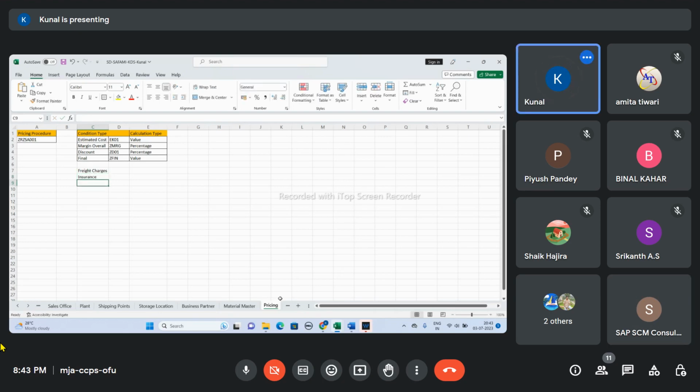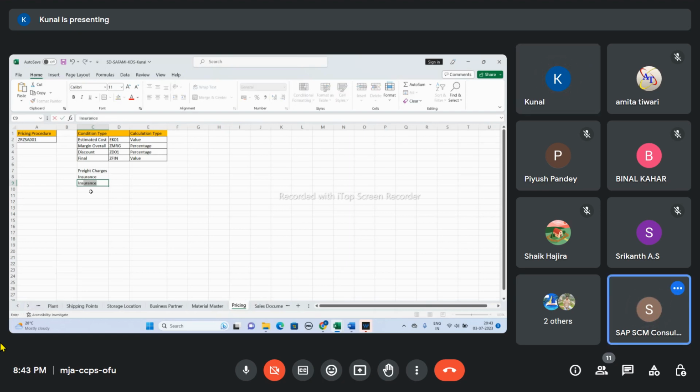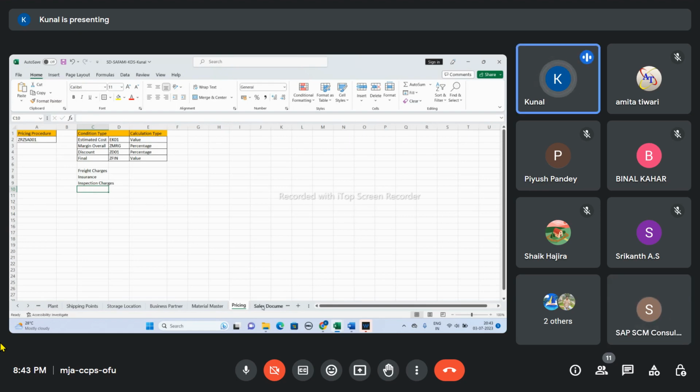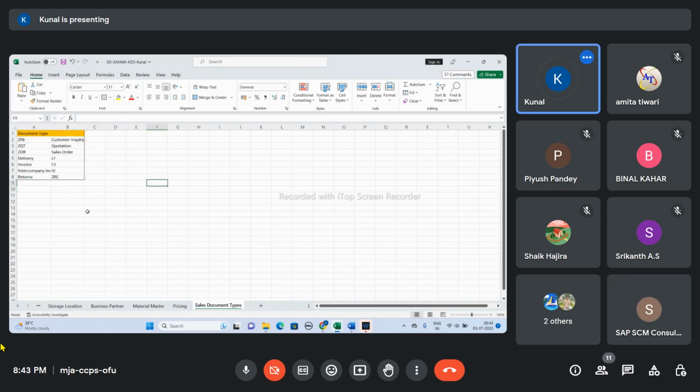Then inspection charges. So you can add these surcharges also in your pricing. Then sales document type. For the sales document type, the important ones are the